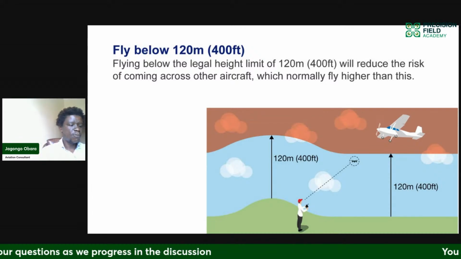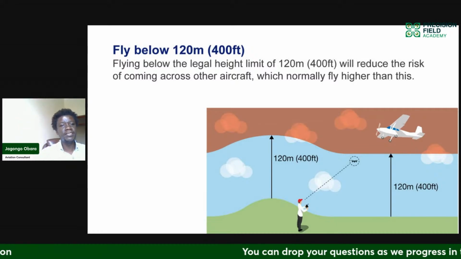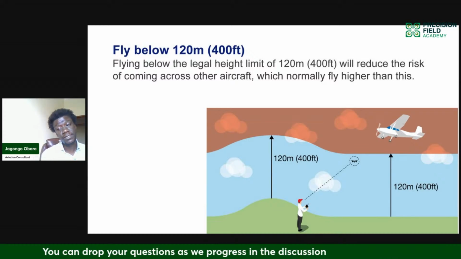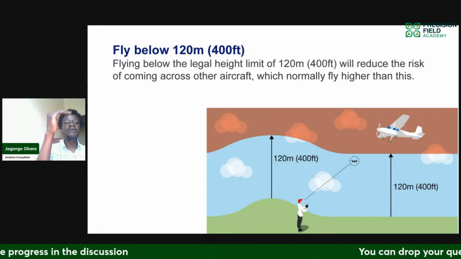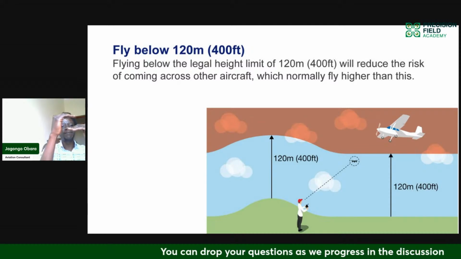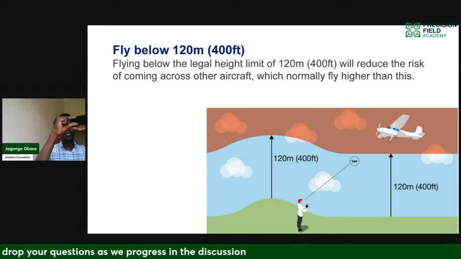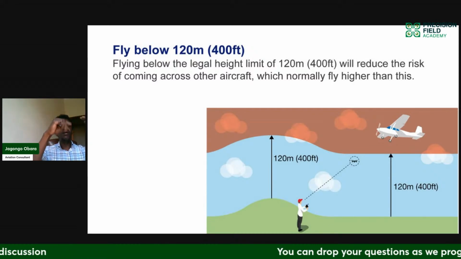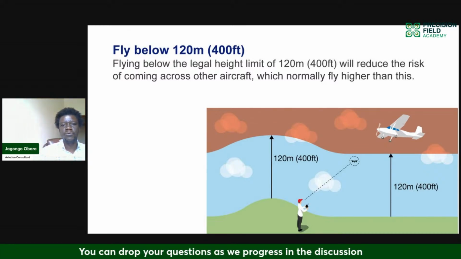The reason why we fly at a maximum ceiling of 400 feet or 120 meters is because aircraft, what we call manned aircraft, are not allowed to fly below 500 feet. So if they are not allowed to fly below 500 feet and we are not allowed to fly above 400 feet, we have that 100 feet gap. And what that does is it gives leeway if we should go above a bit, or if the manned aircraft should go down a bit, we have that safe margin to operate with.